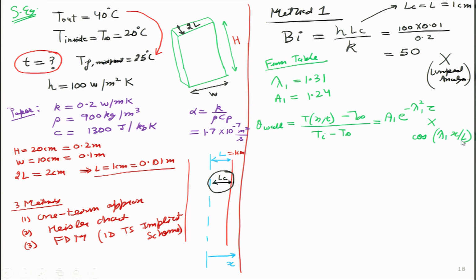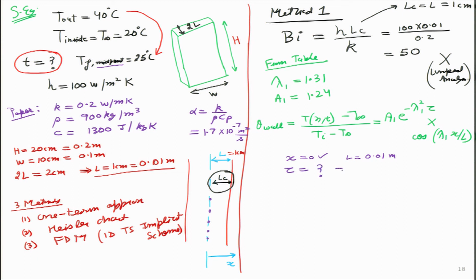So, what are the variables I am going to put over here? The first thing I am going to write is that x is equal to 0, because I want to find out the temperature at the mid plane point. That was my objective, that I want to find at what time the temperature at the mid plane point has become 25 degrees. So, in my calculation x is equal to 0, the length value is already known, and the tau value is unknown because this is what I am figuring out.